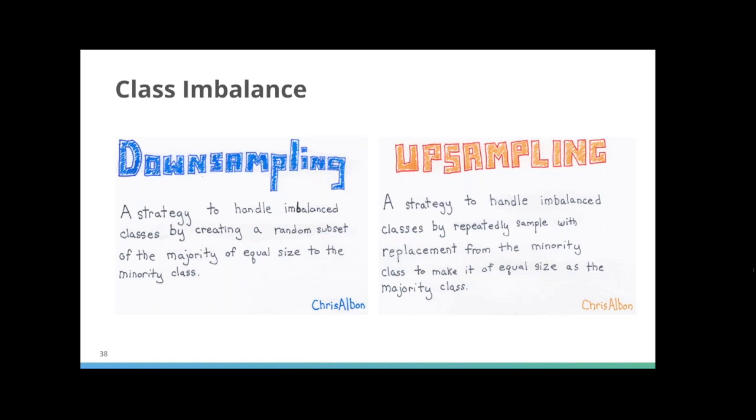So I think we ended up downsampling for this. That seems to be the more common way to go. However, either one of these is perfectly valid. It's just what we ended up doing to kind of make that class imbalance a little more equal in our